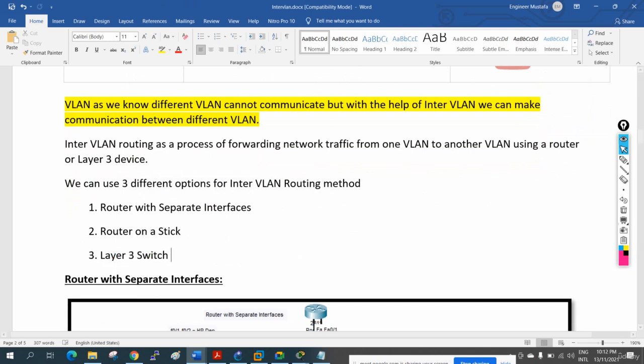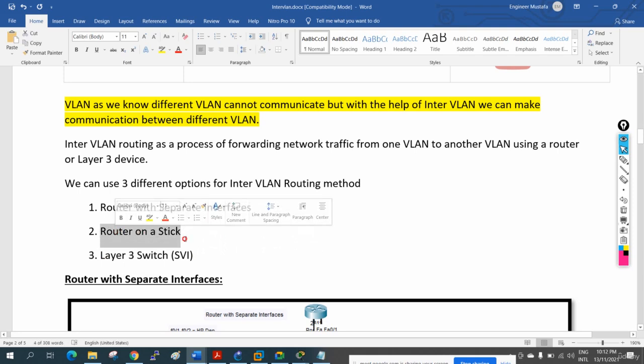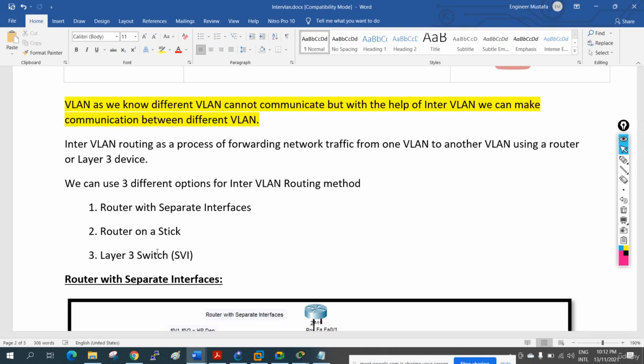This is SVI, switch virtual interface. Most organizations follow this approach, and in some organizations you will see them configure the SVI on the firewall. If the organization is small, they do it this way also, router on a stick. So any one of these three methods we can follow. How will we decide which method to follow? It depends on the scenario, on the organization. Okay, so let's